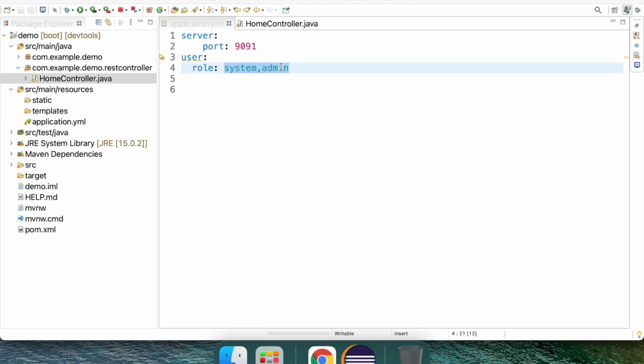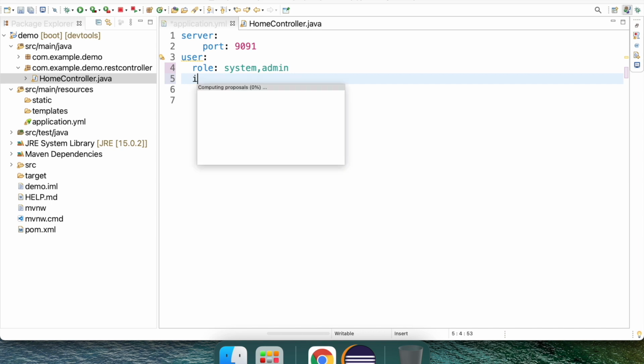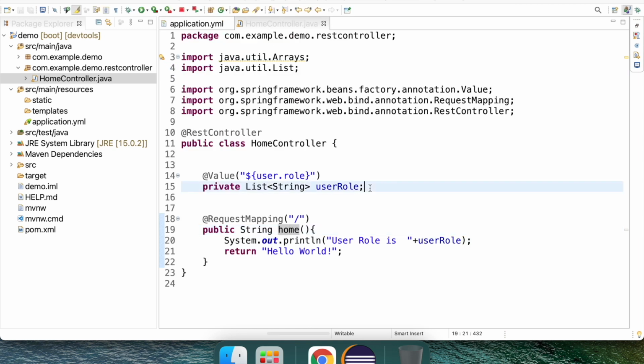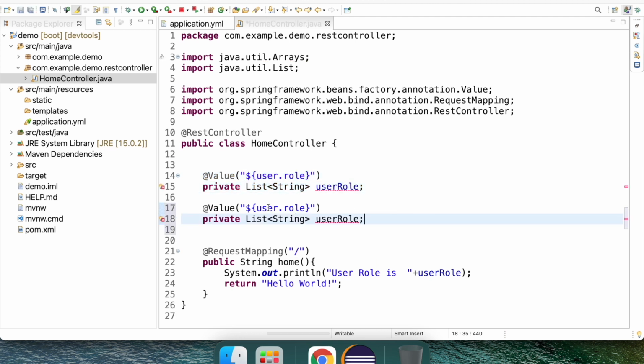And we can also have a different set of types, like boolean. For example, isValid, I will put as true. To get that value, I just need to copy this and put here.